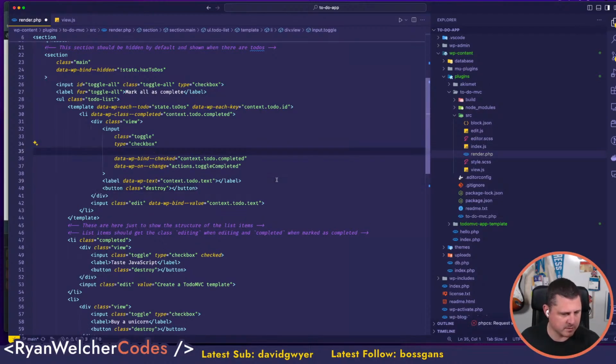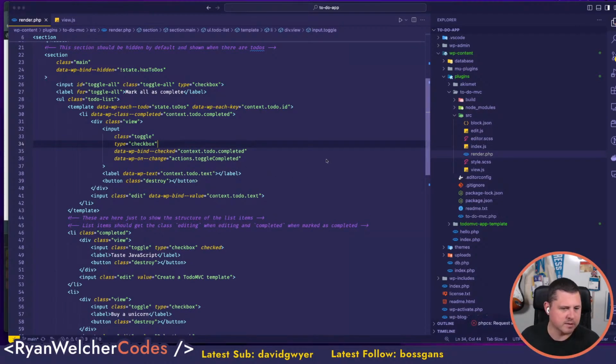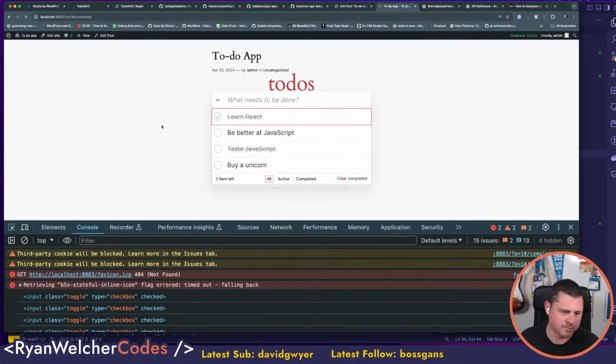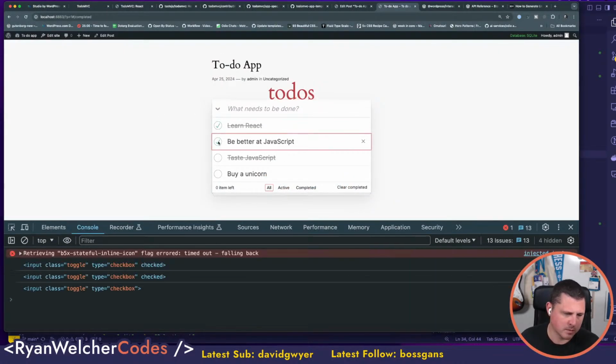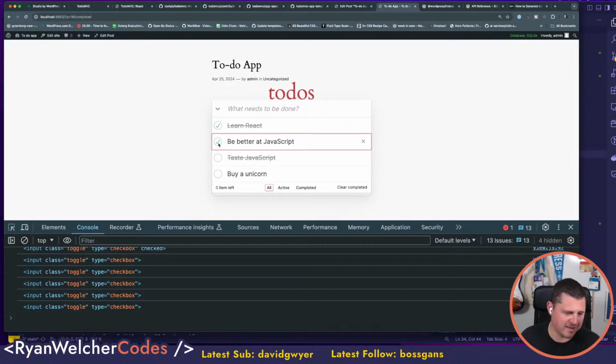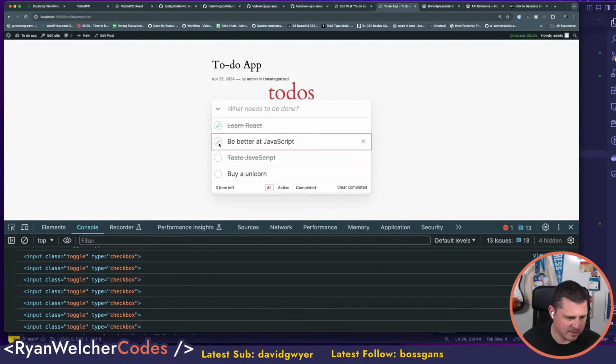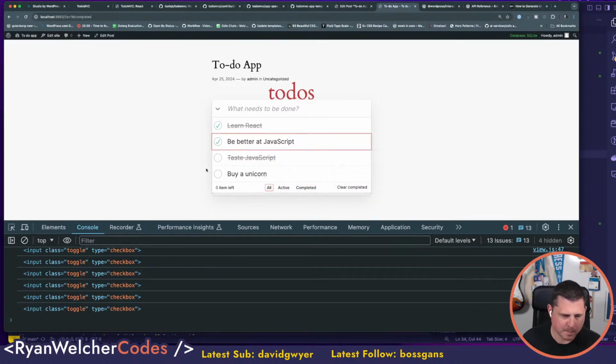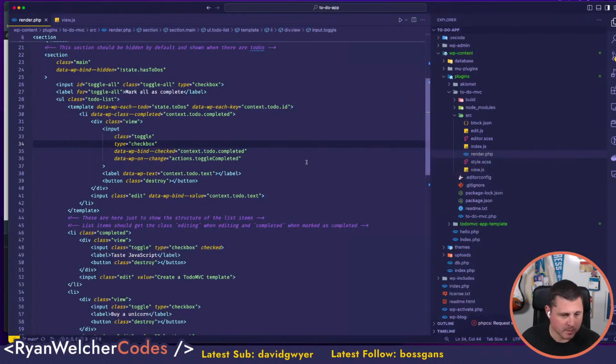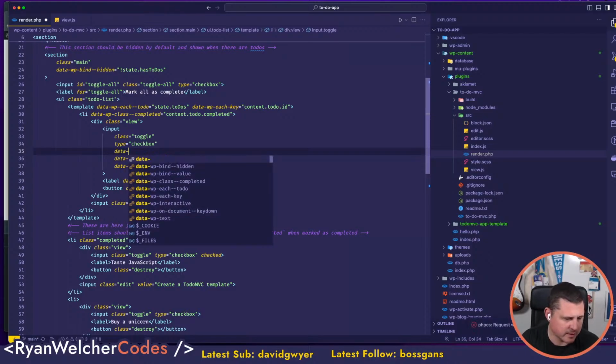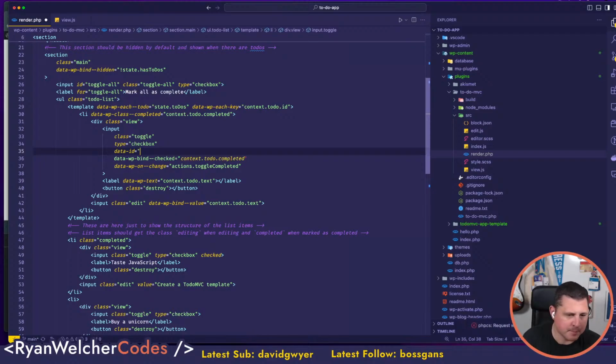Did I just type something? Yeah. All right, let's try this again. Okay, it's crazy that actually worked. Okay, so what I think, but I might need to use the data attribute here. Data ID is going to be... I can just do this. Context to do ID, right? And then this should get me